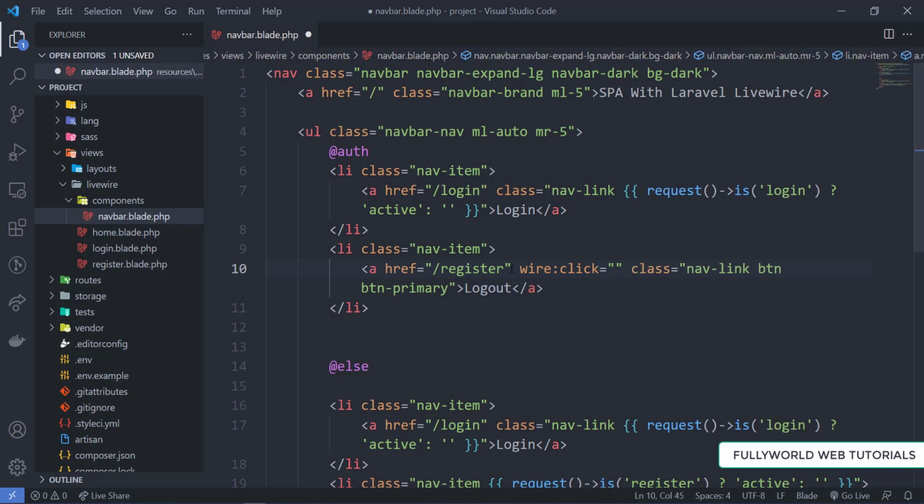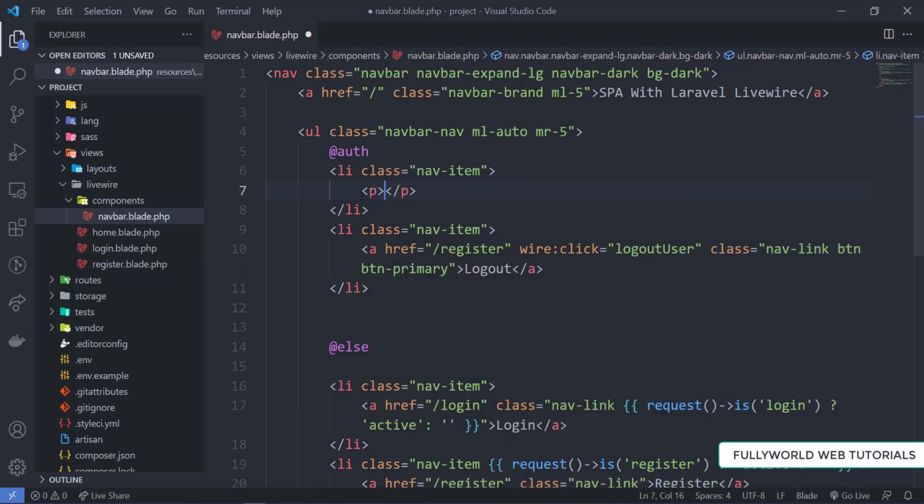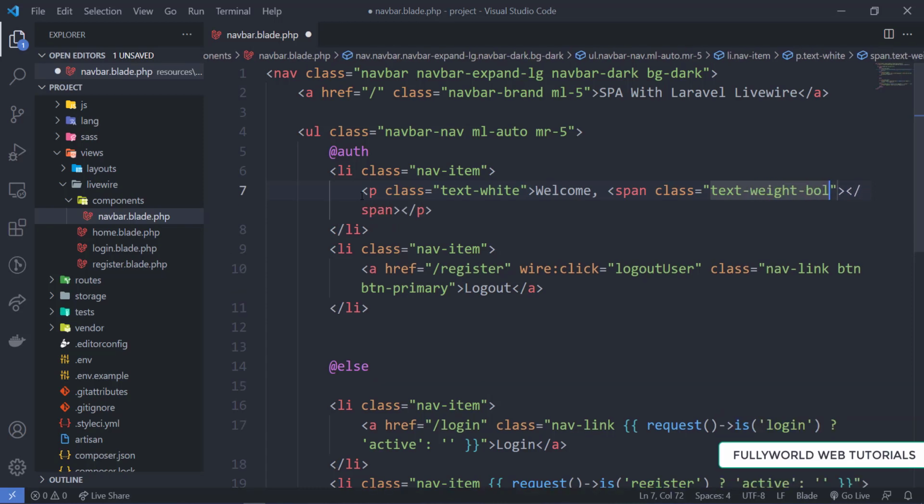So here I am defining one function, and that name will be logoutUser. And here I am writing one p tag, and that p tag will say welcome, with class text-white, and then one span will be there with class text-weight-bold, and here we are going to write the name of the authenticated user.